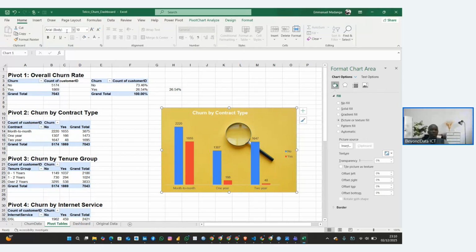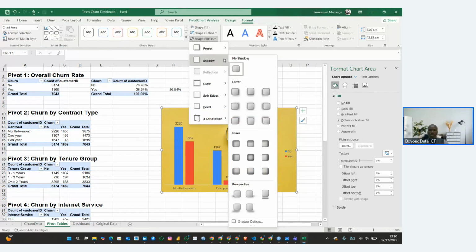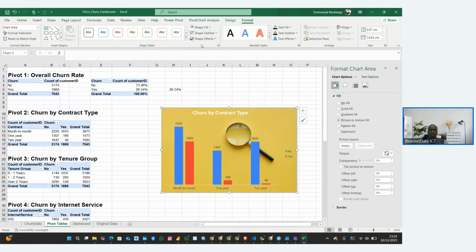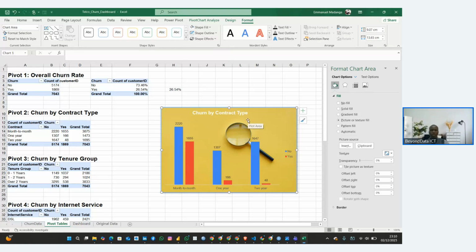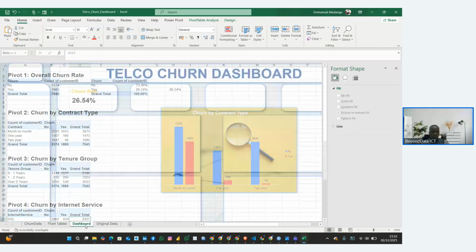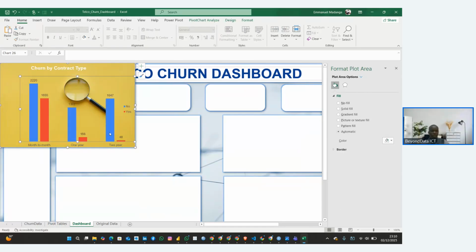I can now go again to format and also make shadow. And then under glow, I also make this visual glow. Then I can copy this visual, which is the churn by contract type. And I can go to my dashboard and paste that here. When I paste here,